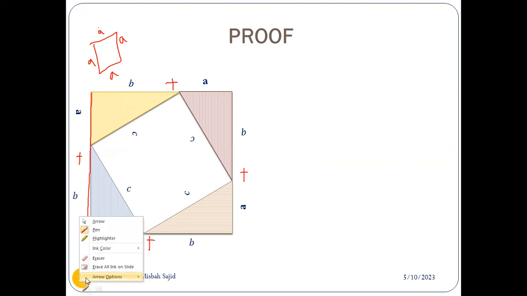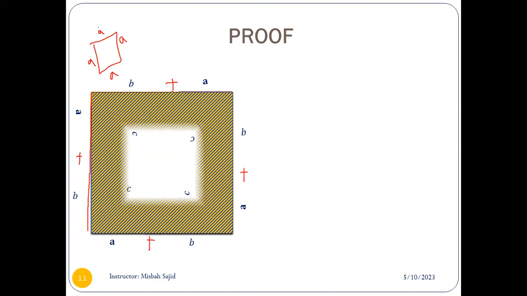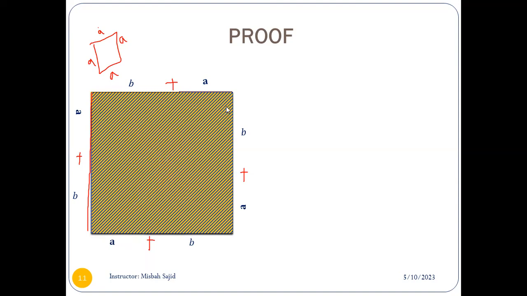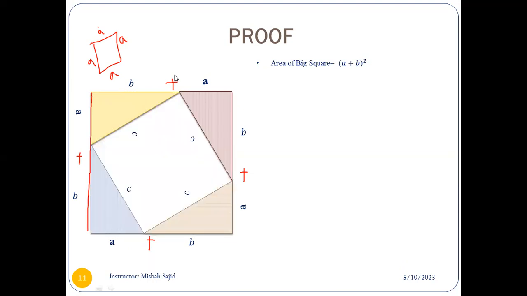Okay, so A plus B is one side. So the area of the larger square is A plus B whole square. As we know, the area of a square is length square, length into length. So here the area of a square is A plus B whole square. So the area of the big square is equal to A plus B whole square. Okay, now next,